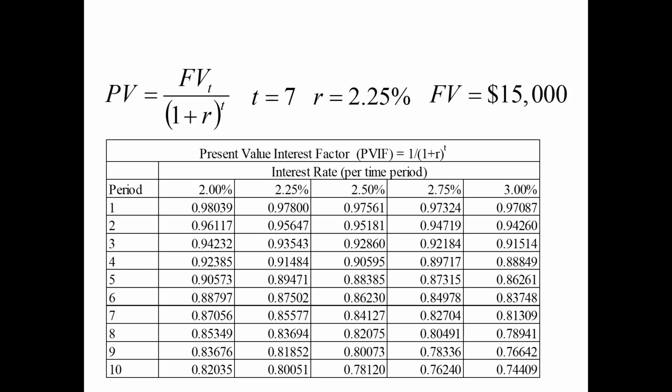And so the table below shows a portion of a present value interest factor table. And what we would do is we would go across the top of the table and find our interest rate per time period. Again, this is annual, so we would just use our annual rate of 2.25%. And we also figure out how many time periods we have. In this case, we have 7 time periods. And so using the column of 2.25% and 7 time periods, the intersection of those two columns